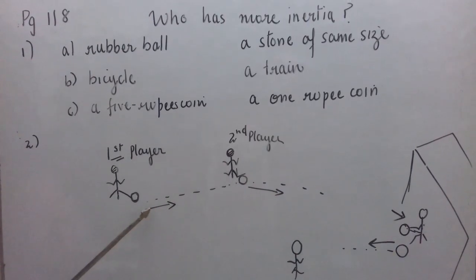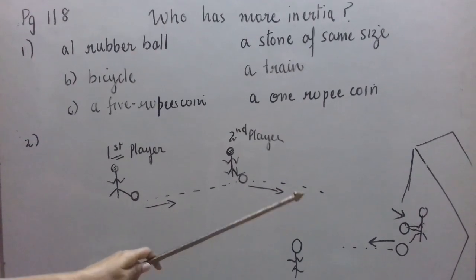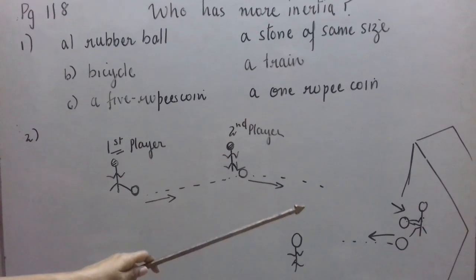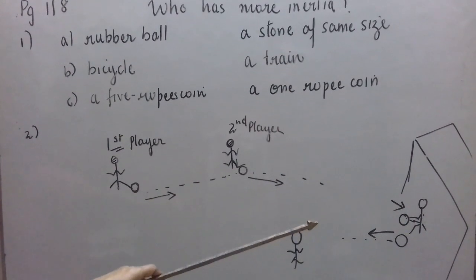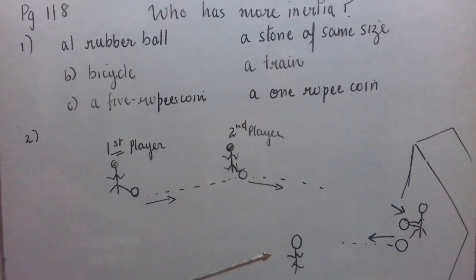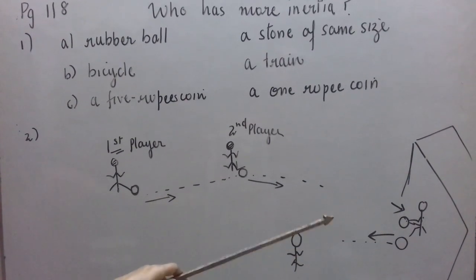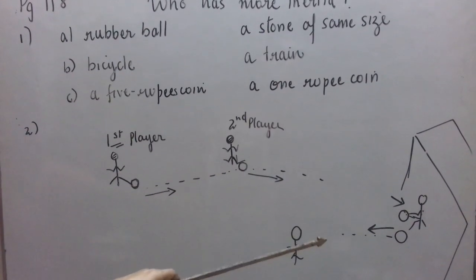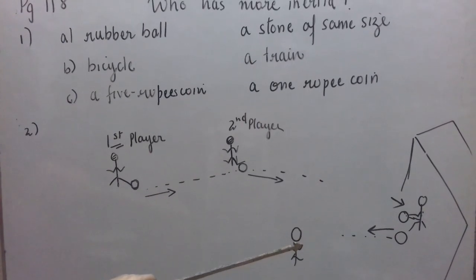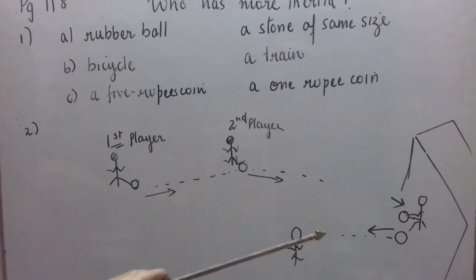Third time, when he collects the football. Now the agent who is applying force is the goalkeeper. Then the goalkeeper kicks the football towards his own team player. So now, when he kicks it towards this person of his team, again he is changing the velocity of the football. Fourth time now it is changed, and again the agent who is applying force is the goalkeeper.